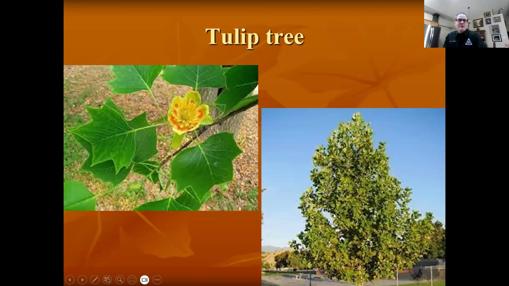Fast growing, so you're going to want to prune it properly as it's growing so it doesn't fork, because the wood is fairly weak. And if you let this fork and we get an ice storm or a heavy wind load on it, it'll break out and you'll have half a tree.